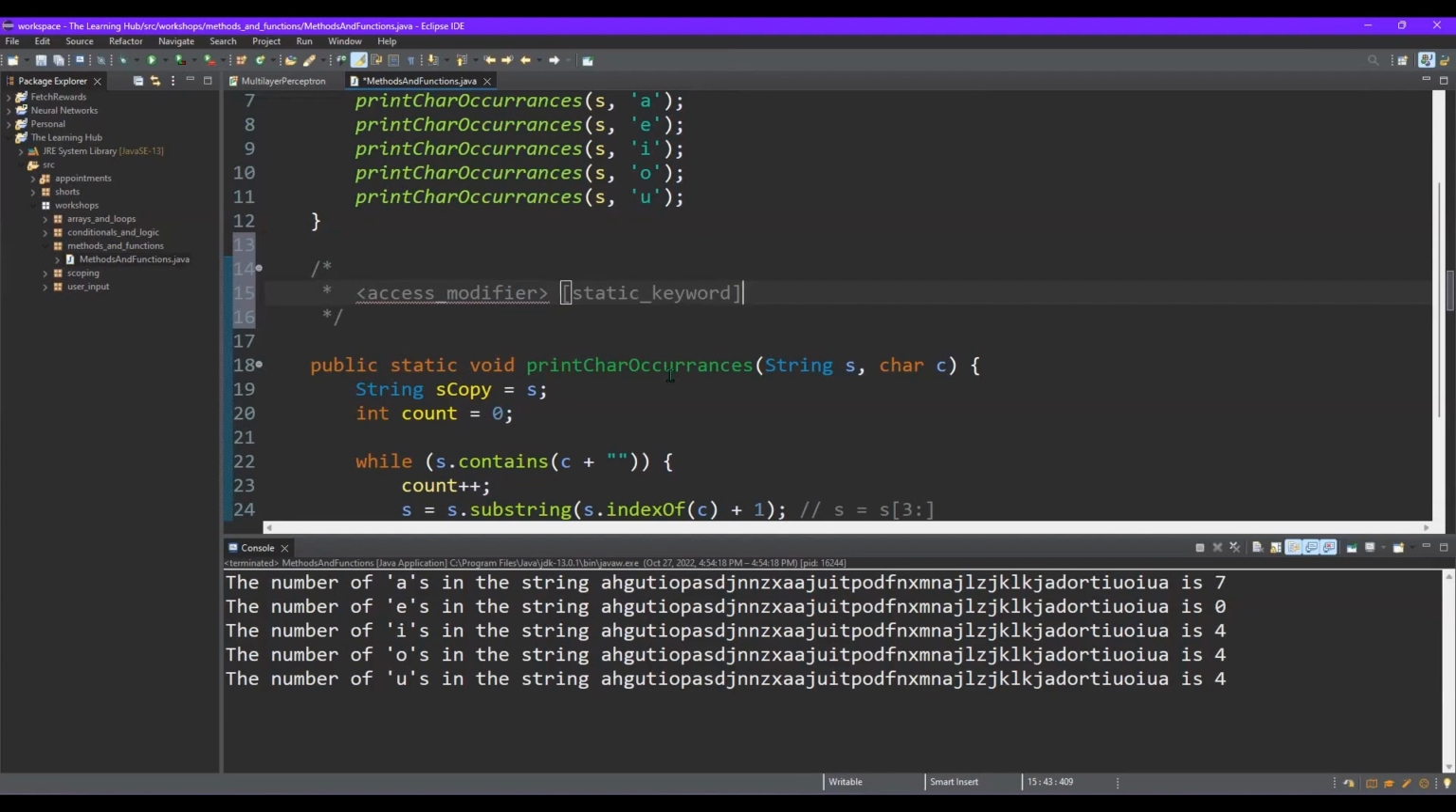As far as the static keyword goes, this is another thing where we haven't gone over the material to explain what the static keyword means. But for now, we're just going to use the static keyword for all our methods. And anytime you write a method in the near future, until you get to classes and objects, you will also use the static keyword. So we have the access modifier, the static keyword, then we have the return type,